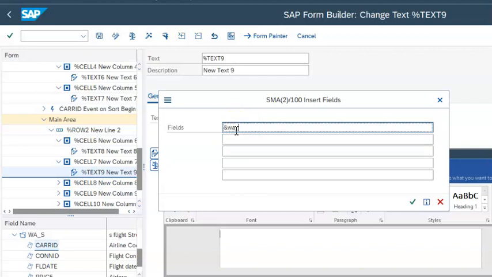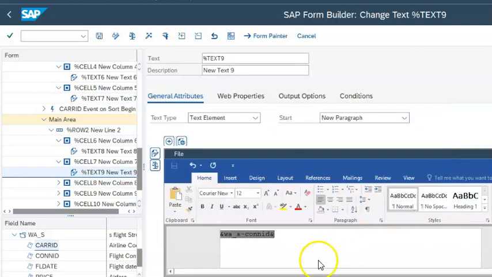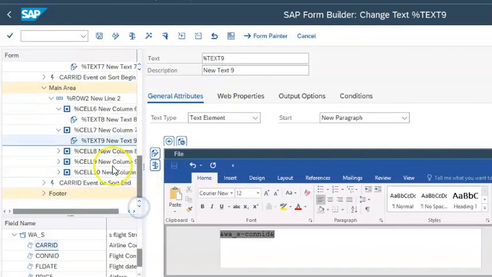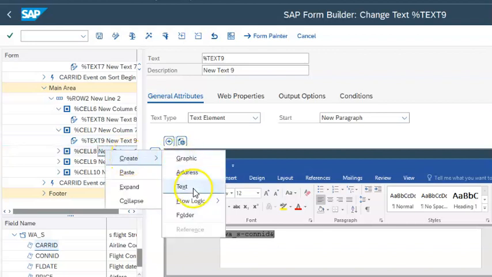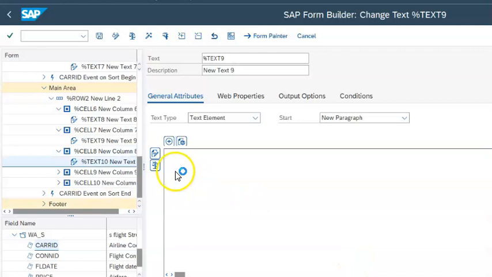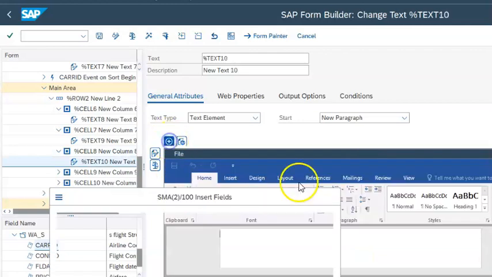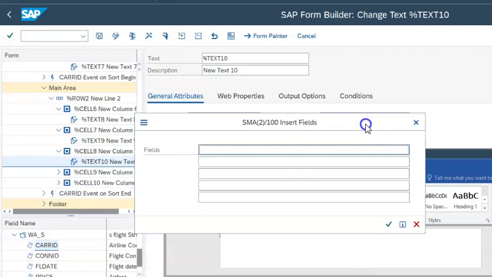So WA underscore S hyphen CONNECT, and right click on this, create text, and let's see the field name, W underscore S hyphen FLDate, and